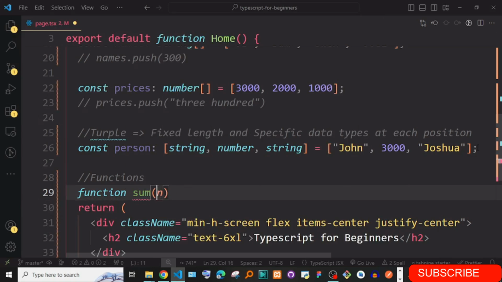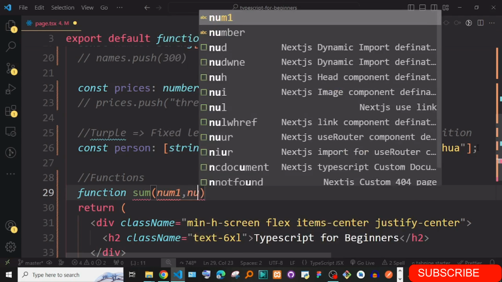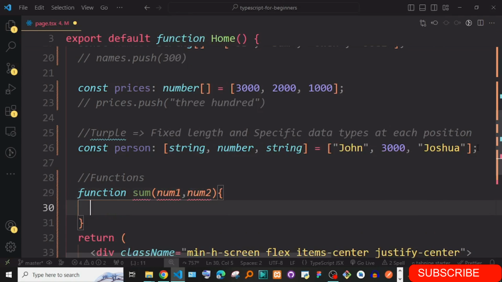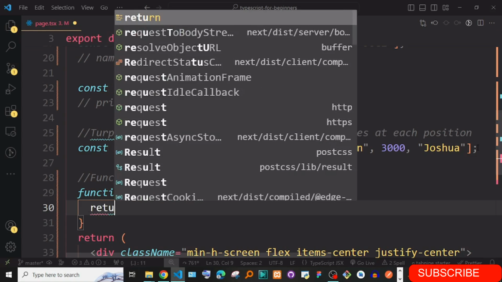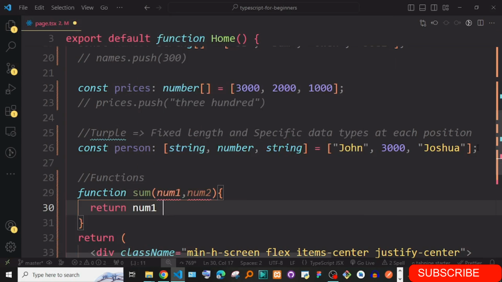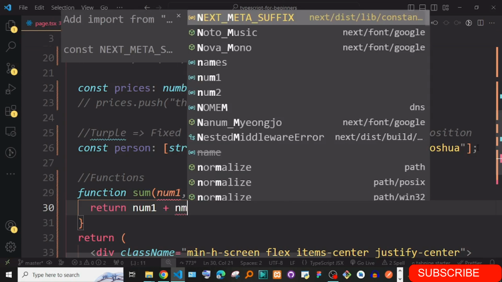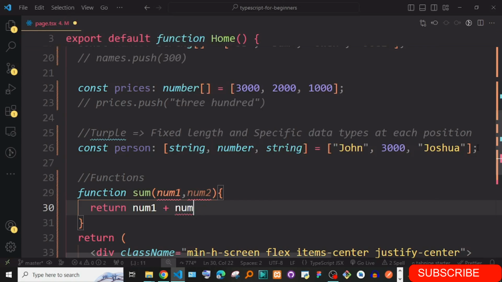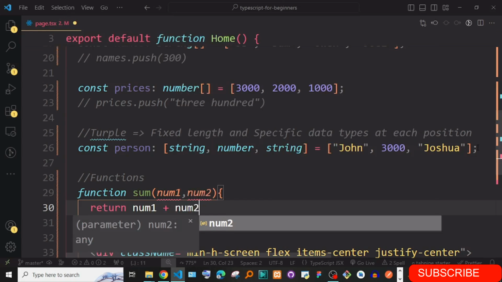Maybe you could even say num1 and num2, whatever you want, just two numbers, and here just say return num1 plus num2. This is typically the way you would implement it in JavaScript.